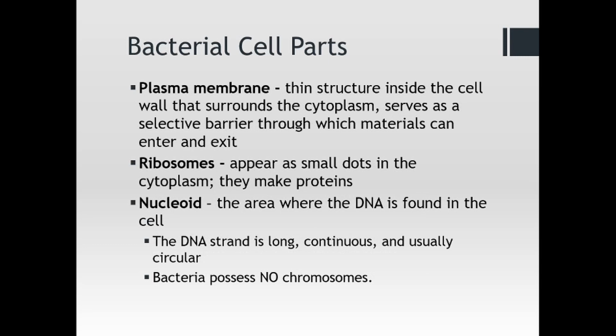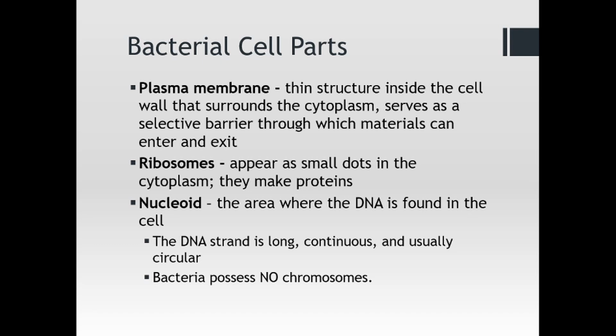They have a plasma membrane, which is non-negotiable for all living things. There has to be a plasma membrane for everything, from bacteria to humans and everything in between. And it's a phospholipid bilayer, as it is in all cells, and it's got embedded proteins and carbohydrates as well. Materials can enter and exit, so there's a lot of cell transport that occurs through the plasma membrane. It's quite similar to eukaryotic cell membranes. Eukaryotic cell membranes have a few more bells and whistles and are capable of carrying out a few more varied processes, but the basic structure is the same.